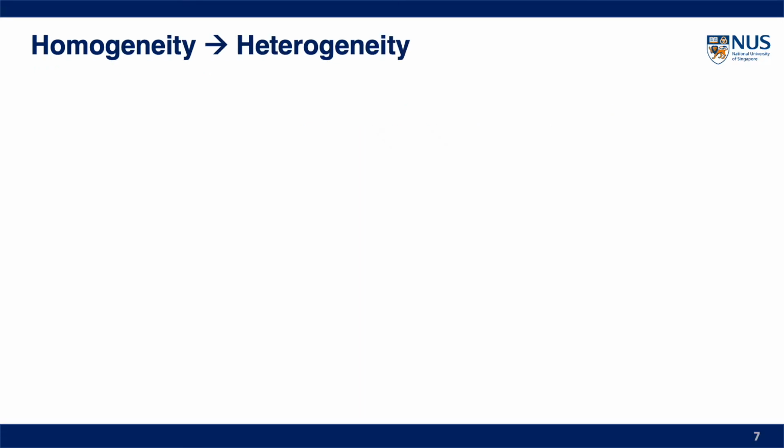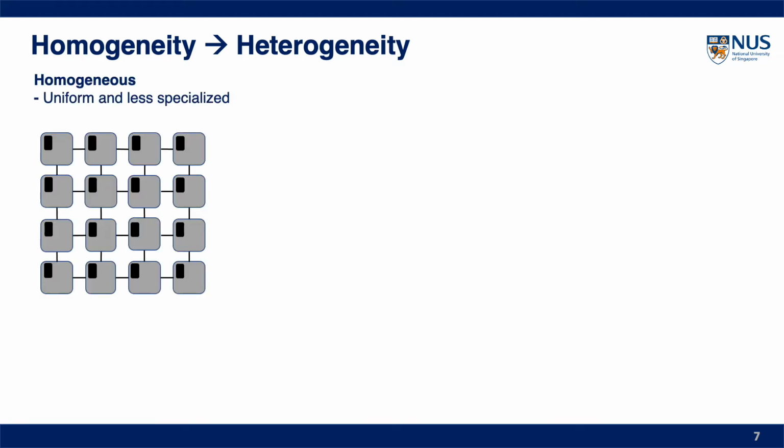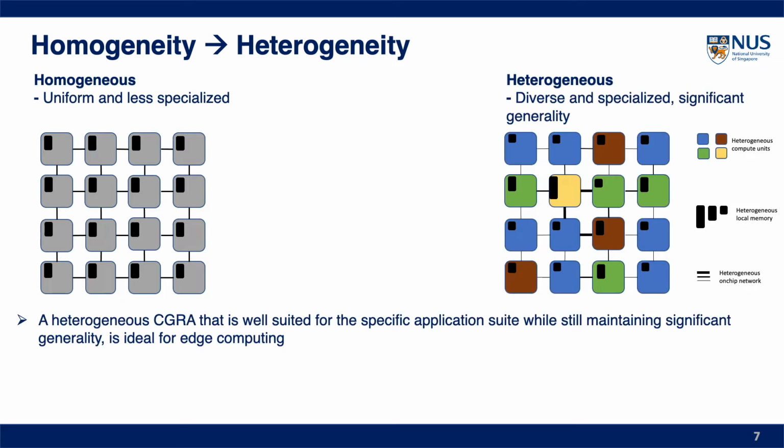Moving from homogeneous design space to a heterogeneous design space is one alternative to reduce the resource underutilization. In the homogeneous environment, the PE array is uniform and less specialized, but it is easy to handle. Such a generic homogeneous CGRA is good for all application domains. But in edge computing, we have the opportunity to specialize for a specific application domain with a well-defined set of applications. A heterogeneous CGRA that is well suited for the specific application suite while still maintaining significant generality is ideal